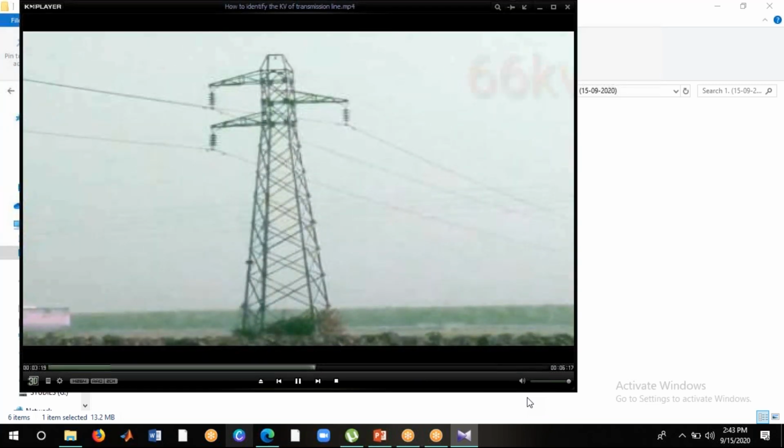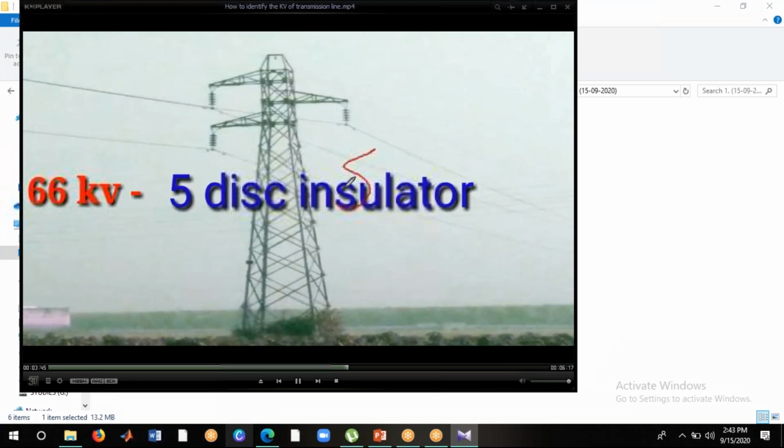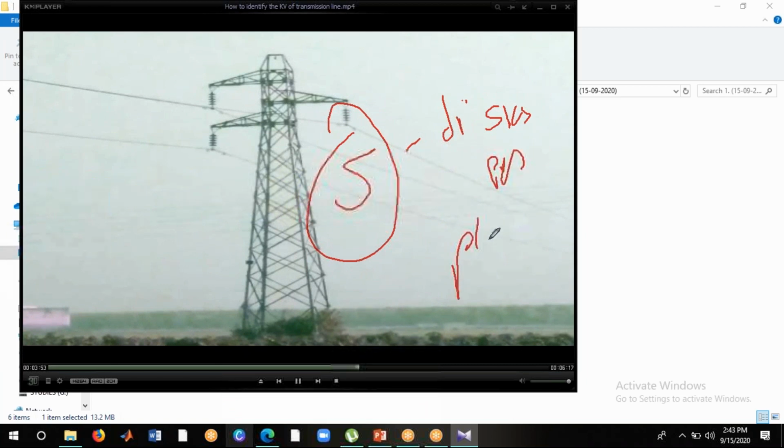जो लाइन है ये 66 केवी की लाइन है। मैंने इसे कैसे पकड़ा, तो मैं आपको बता दूं। ये जो नंबर ऑफ डिस्क इंसुलेटर यहाँ पर वर्टिकल फॉर्म में हैं, तो ये सस्पेंशन टाइप ऑफ इंसुलेटर यहाँ पर लगी हुई है। आपको सिंपली नंबर ऑफ डिस्क को काउंट करना है। जैसे ही काउंट करोगे, तो आपको 5 डिस्क मिलेंगे। मतलब ये 66 केवी की लाइन है। 66 केवी की लाइन में नंबर ऑफ डिस्क इंसुलेटर 5 होते हैं। पर फेज आपको 5 डिस्क इंसुलेटर देखने को मिलेंगे। तो इससे हम लोग आसानी से पकड़ पाते हैं कि कितने केवी की लाइन जा रही है। तो ये 66 केवी लाइन है।